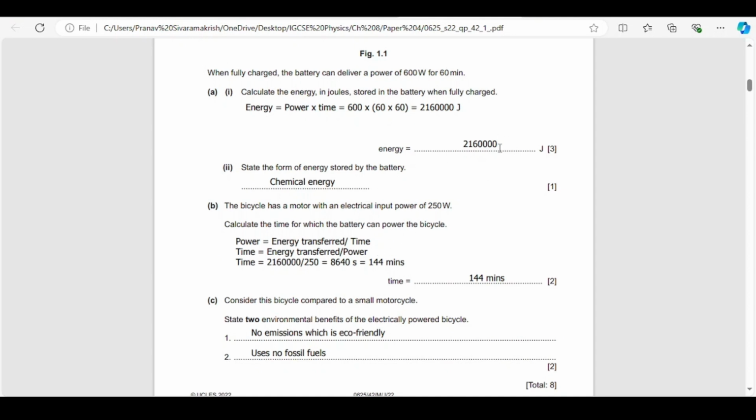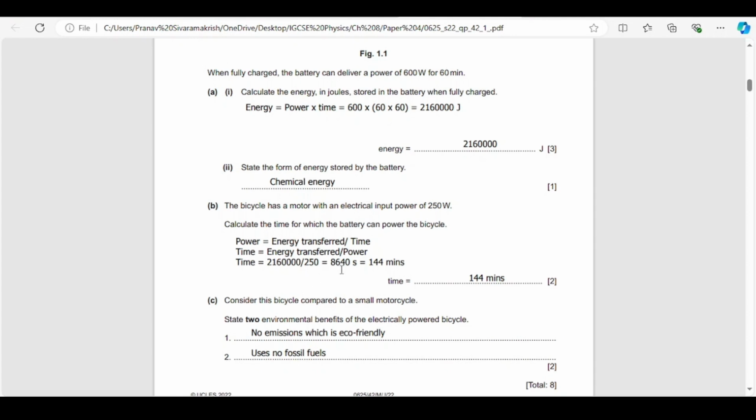So we know the energy is 216,000, and we know that it has a power of 600 watts. So we've been told that the bicycle has a motor with an electrical input power of 250 watts. My bad. So we're not looking at the 600 watts there. We're looking at the 250 watts here. So we're going to have this value of energy divided by that value of power to be able to give